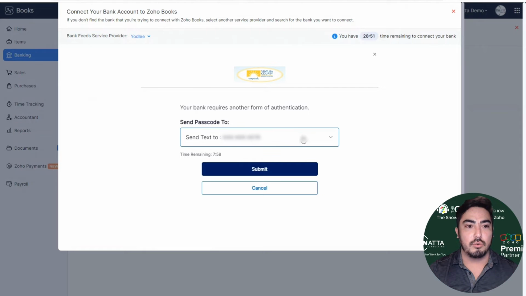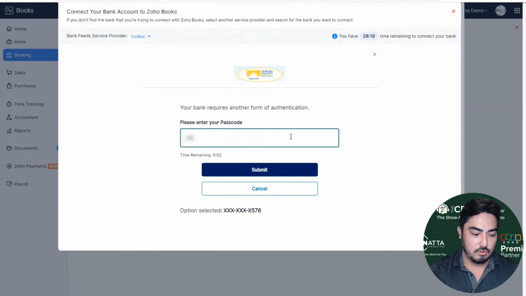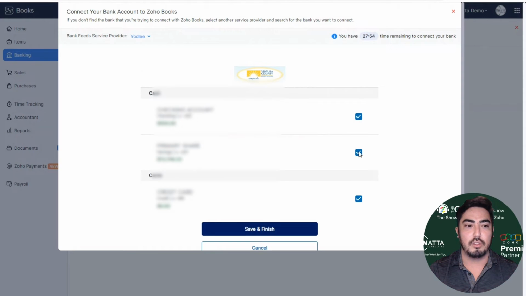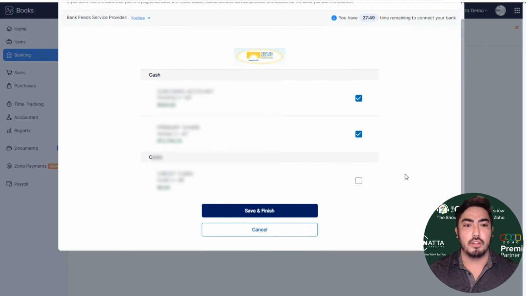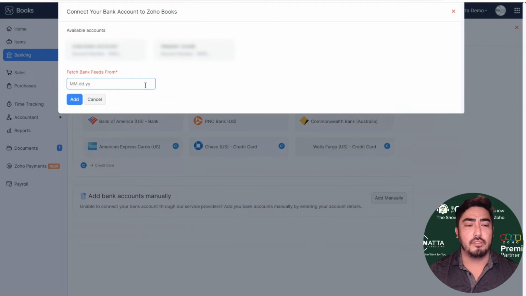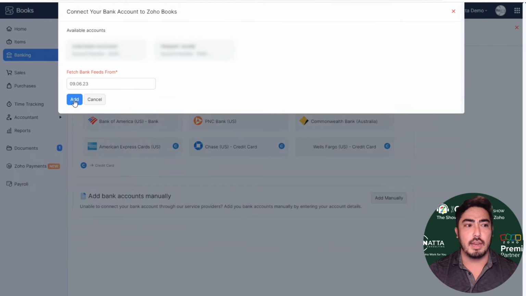Once you have verified your login, it's going to ask you if you have 2FA set up to send a passcode to you. Once you have entered that passcode, you will be able to pick your accounts just like with the Plaid integration. So once again, you'll checkbox the accounts that you would like to bring into your bank feeds, and you can uncheck any of them that are not related to your business. Again, you'll be able to select your bank feeds up to 90 days prior. So go ahead and choose the date that you would like to import from